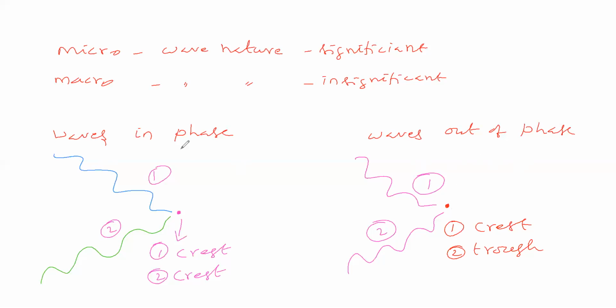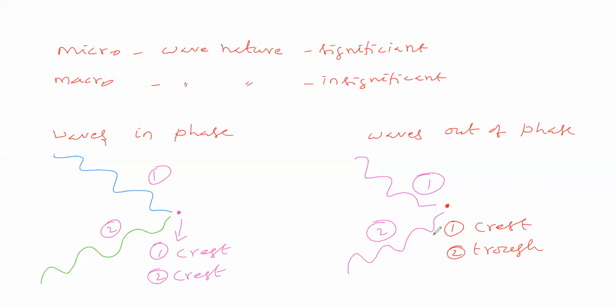So there are waves in phase and waves out of phase. What is the meaning? If both waves are in crest, then the resultant wave will have higher amplitude. When both waves act in the opposite manner, one crest and another trough, the resultant wave is nullified because these two cancel each other. The resultant wave will have smaller amplitude compared to these two, or otherwise the resultant wave will have zero amplitude also.